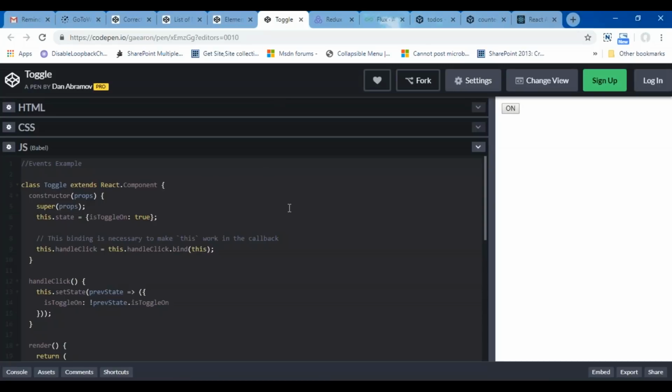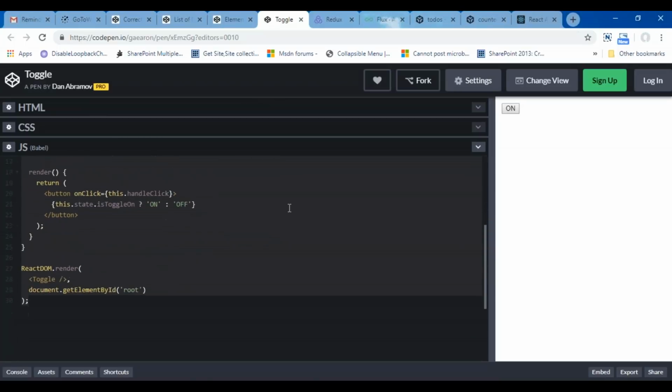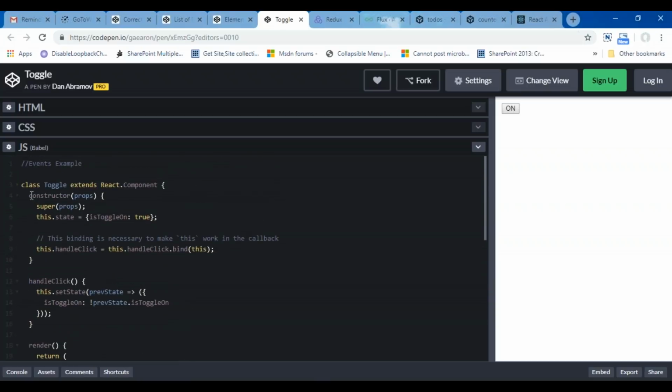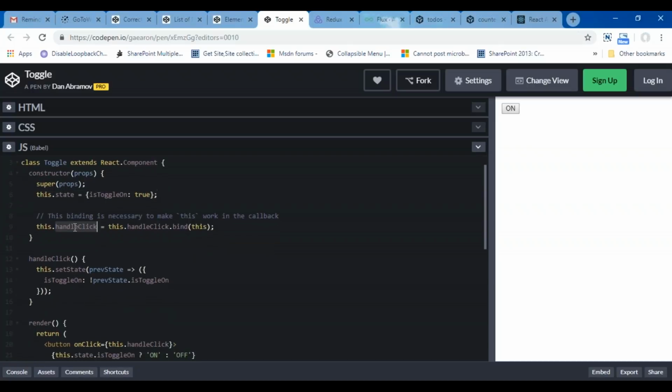Now let's see another example of using events in React.js. We have to start from ReactDOM.render. In ReactDOM.render, we are calling a component which is Toggle. So this will become my parent component. Now in this Toggle, I'm writing the constructor that is very much required for a class component, because I'm setting the state. Then there is the super keyword. In this.state, I am defining a property isToggleOn. So the isToggleOn property is initially true. And I'm binding an event, this.handleClick. So this.handleClick is bound to this particular class.